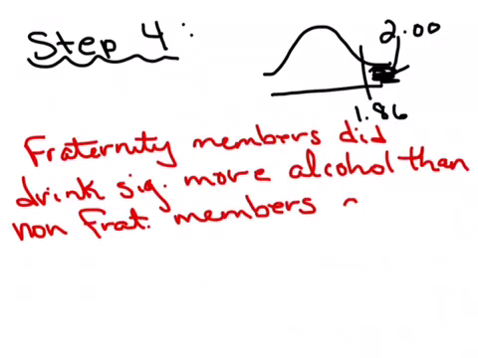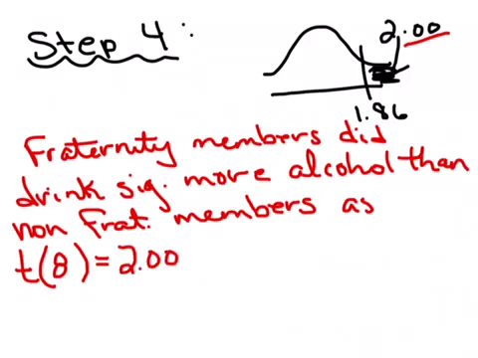Right? And we're going to do our t, and then here's where we're going to put our degrees of freedom. If you remember, our degrees of freedom was 8 because we had 5 in each group. t(8) equals our t obtained, which is 2. So we know it's significant. p is less than alpha, which was set at 0.05, one tail,